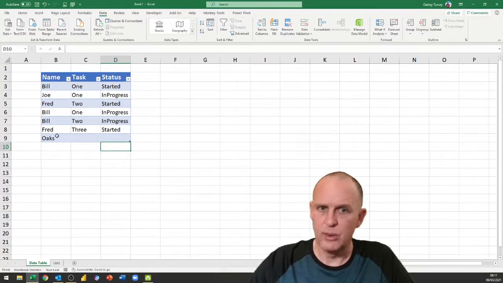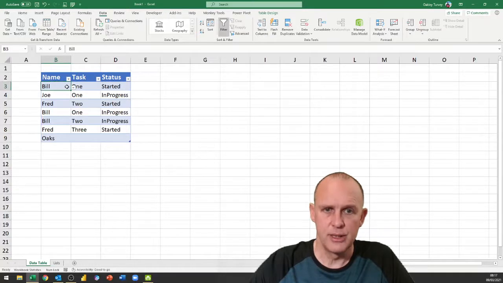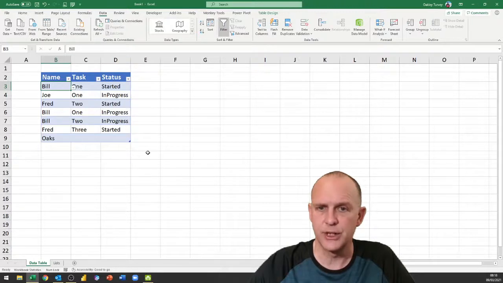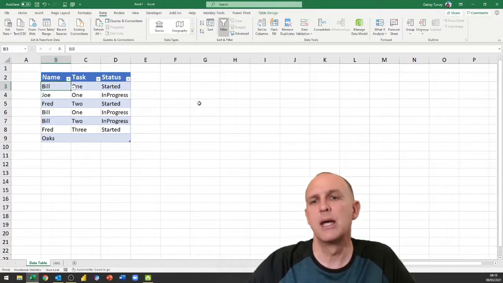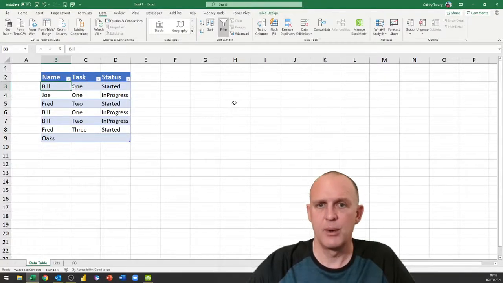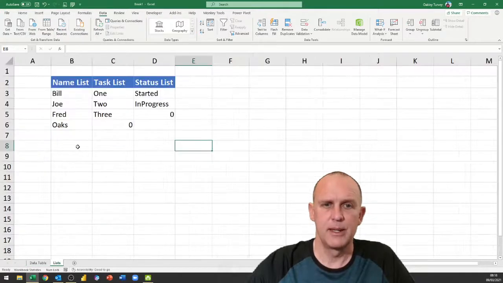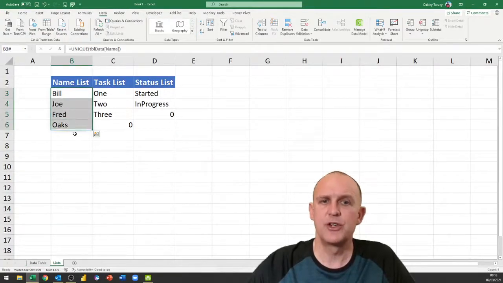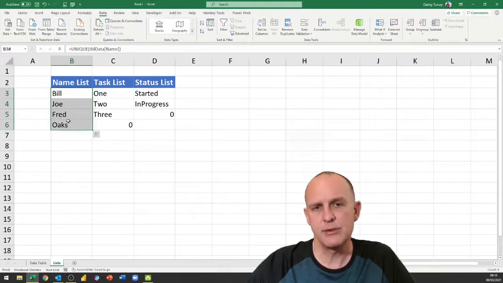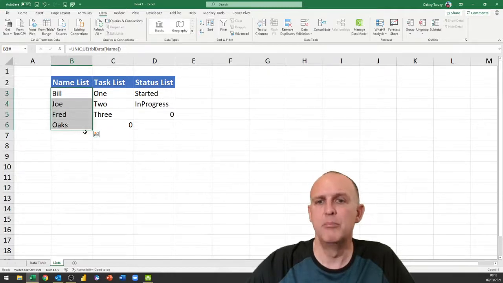Okay, why does this work? Well, because the data validation that needs to operate in order to check this cell has something that's in the list, well, it refers to a cell that has a function in it. So in order for it to actually work out whether the data is valid or not, it must first execute that function. And when it executes the function, it creates this list here, which includes the thing that you've just typed in. So that will then iterate that as allowable data before it then checks to see if it was allowable, and then it